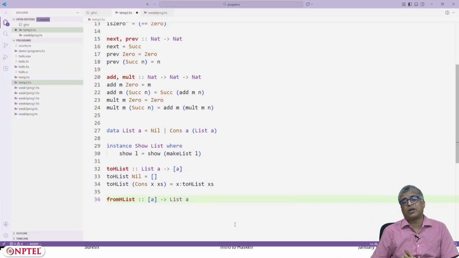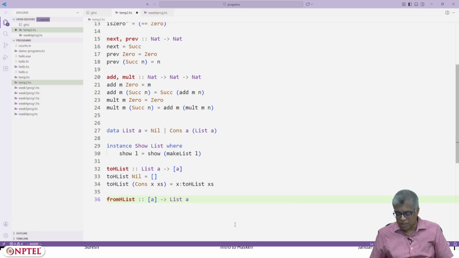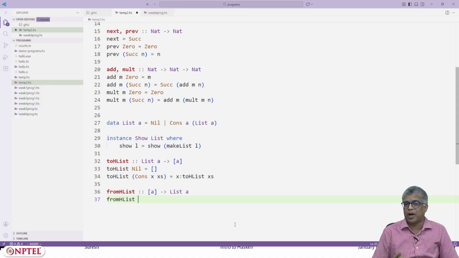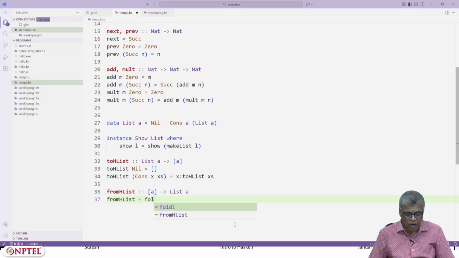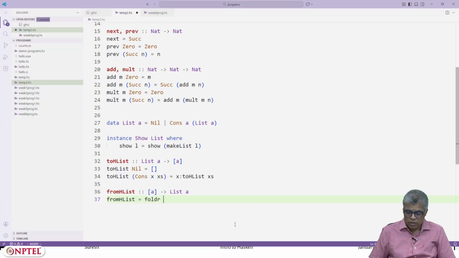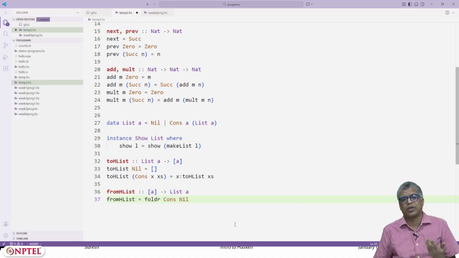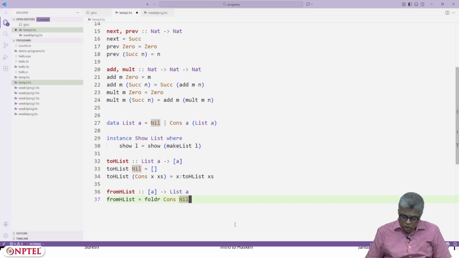And now you know that on Haskell lists you can apply fold, etc. So the nice way of defining your own capital L list type from a Haskell list is to actually say foldr of, start with nil and keep applying cons, right. So that's very nice. So this is a thing that you can say. Right, so you can do all this.